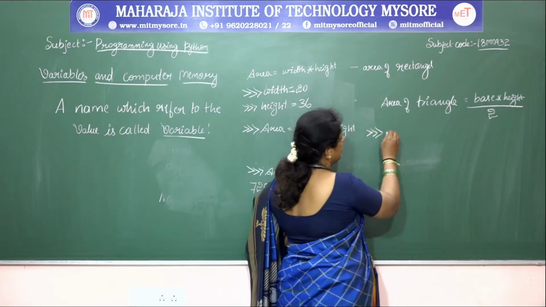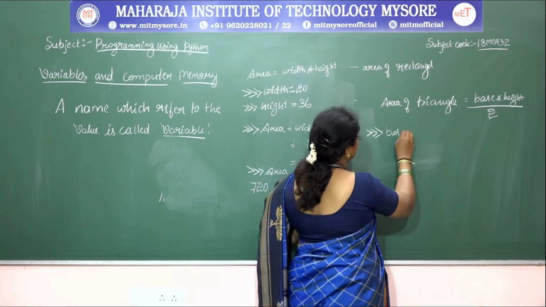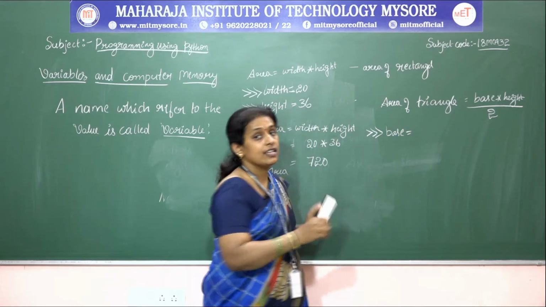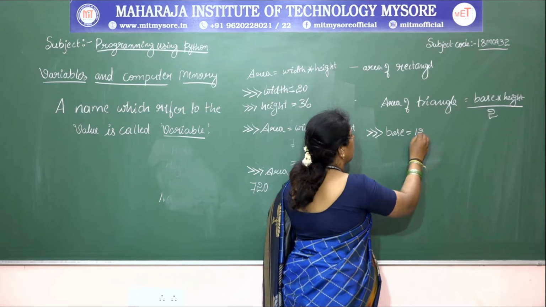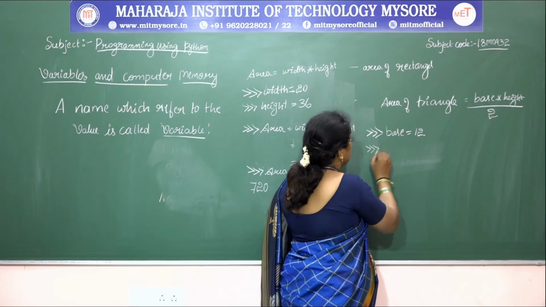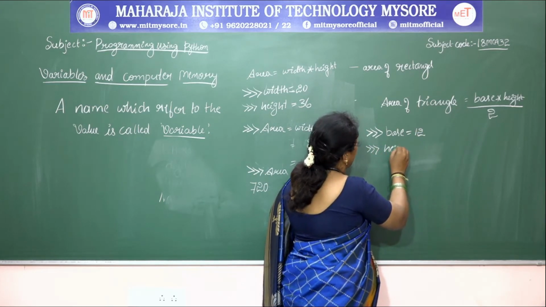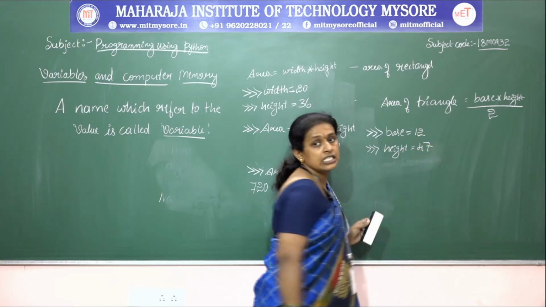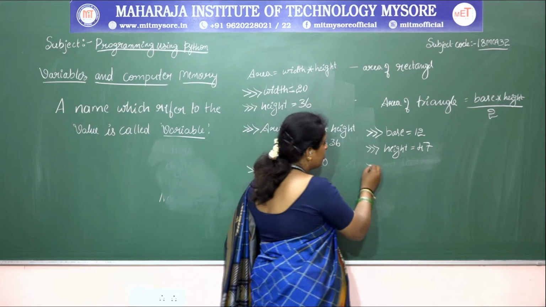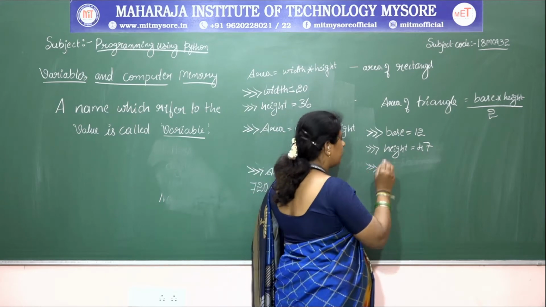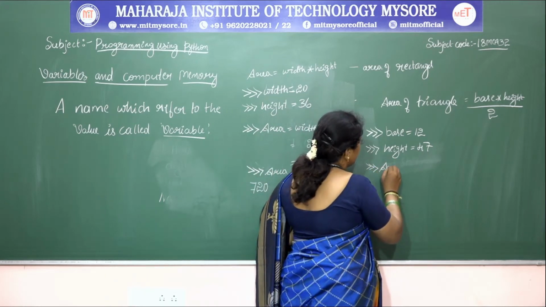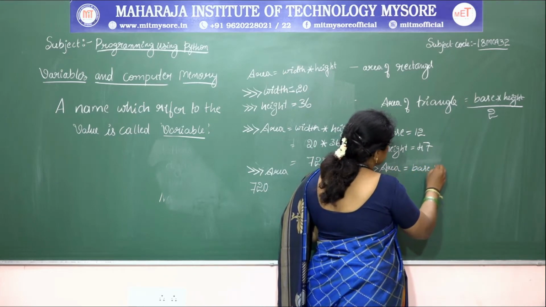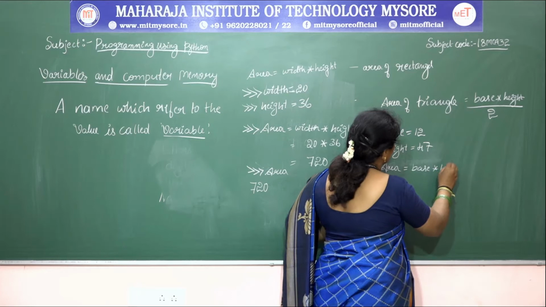So I am going to assign a base value as 12, height value as 47. Then I am going to calculate area of triangle. So area equal to base multiplied by height